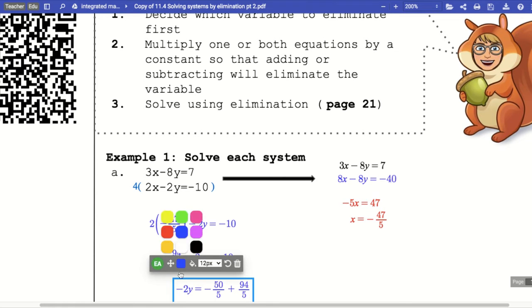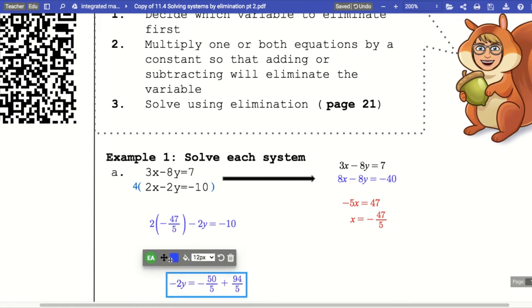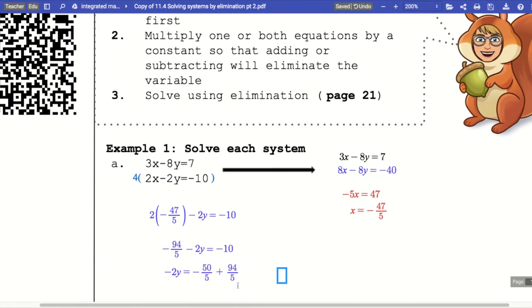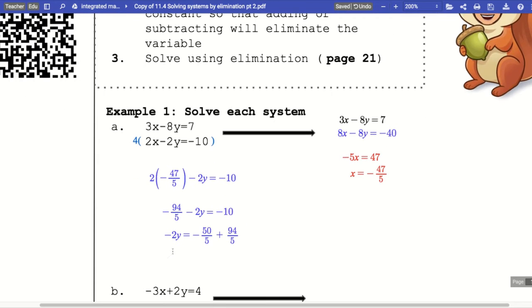And so when I do that, I'm going to end up with negative 2y equals, well, when I add those two fractions together, it's really 94 minus 50, which is 44. So I have 44 over 5. And then now I have to divide by negative 2, which remember is the same thing as multiplying by negative 1/2. So divide by negative 2, and then I get